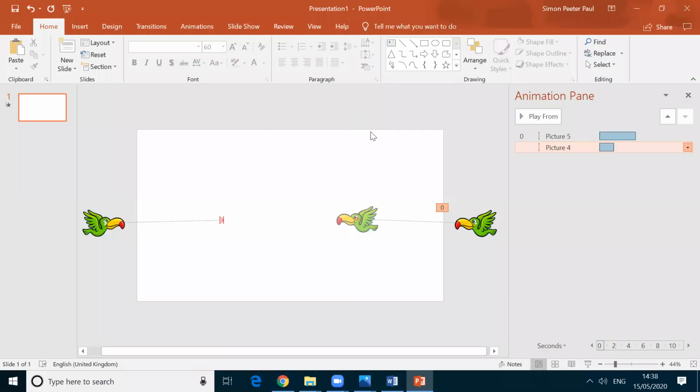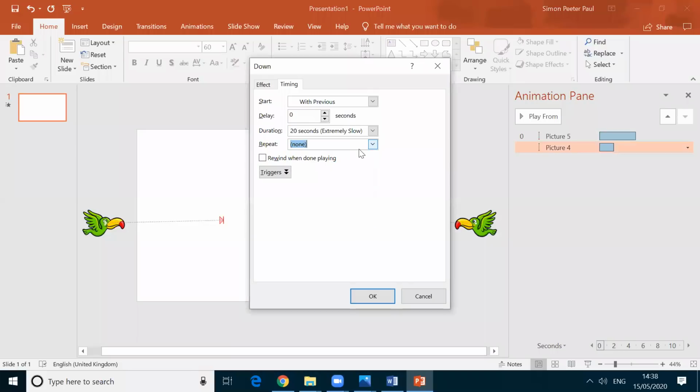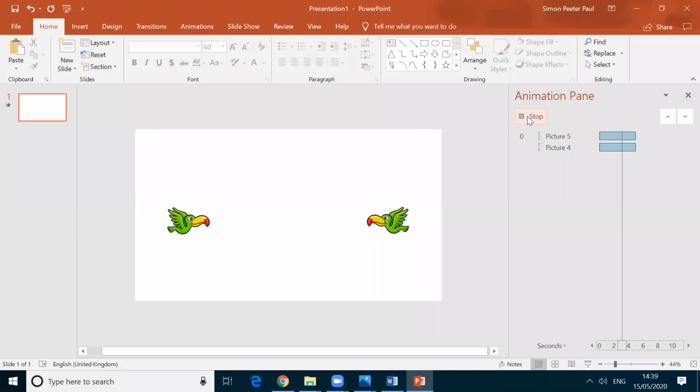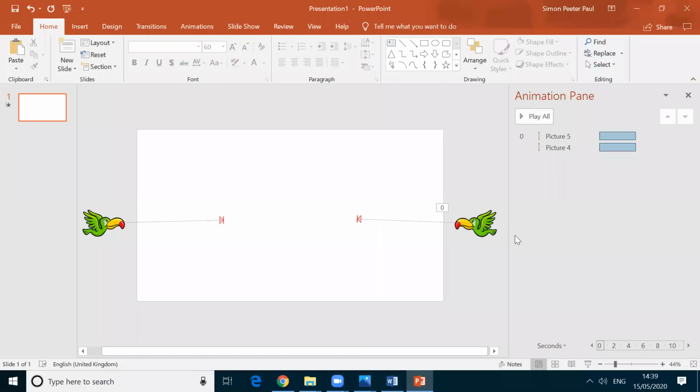And then this one also 5 seconds. Now I'm going to preview. Okay, now I'm okay with the speed. Okay. Now I got both the birds coming together.